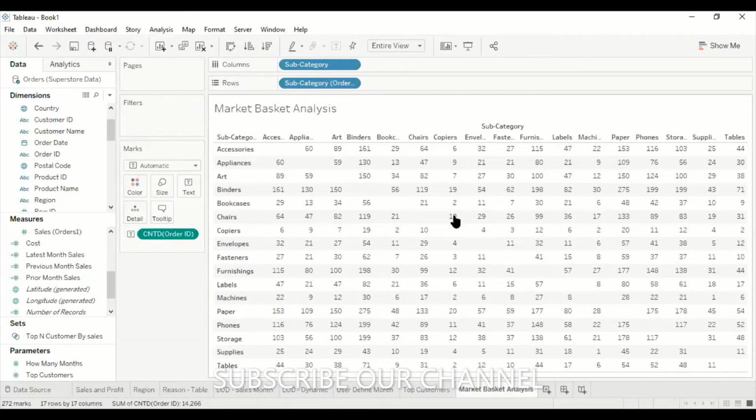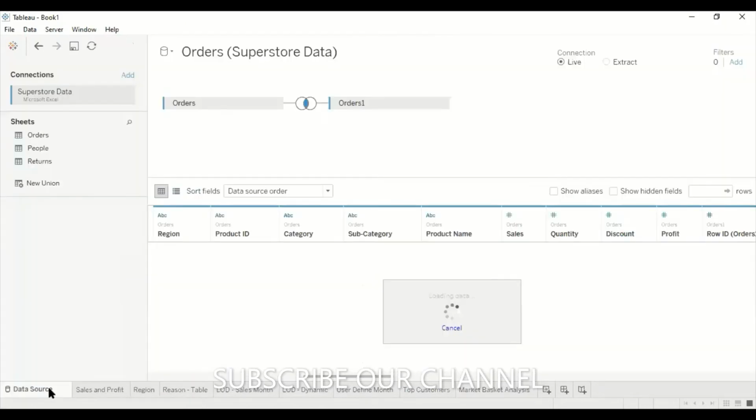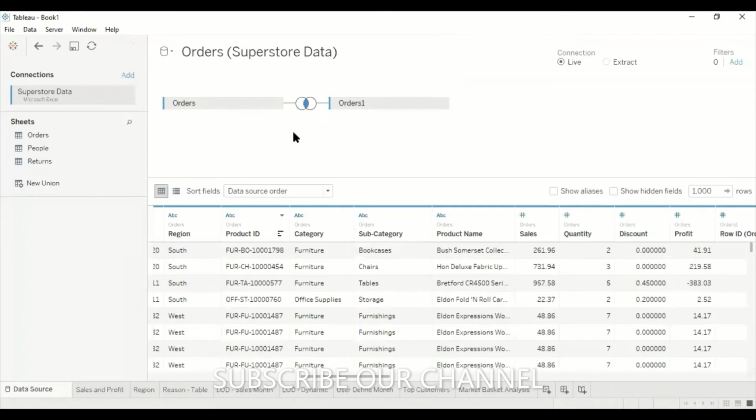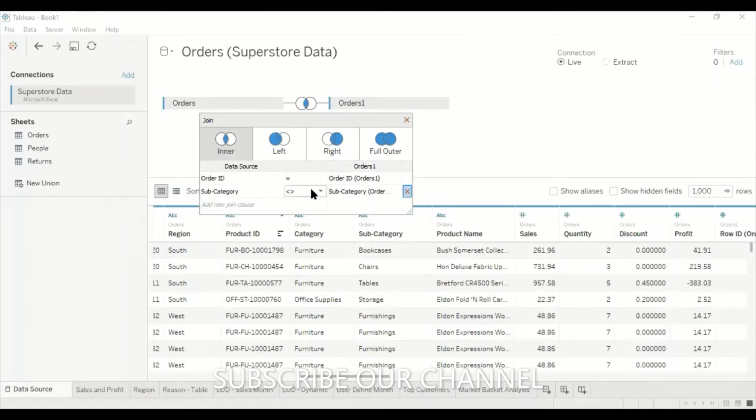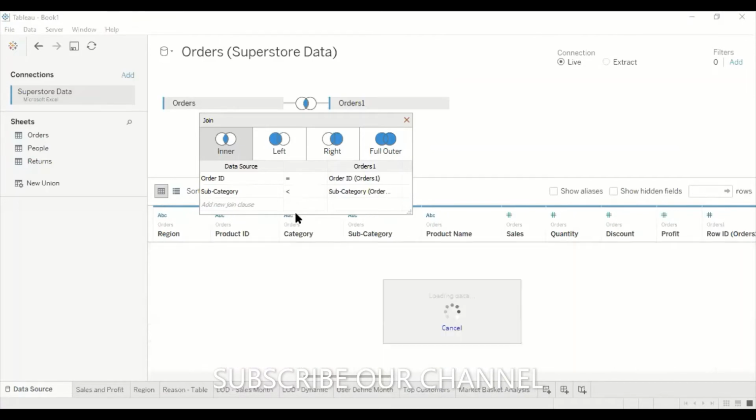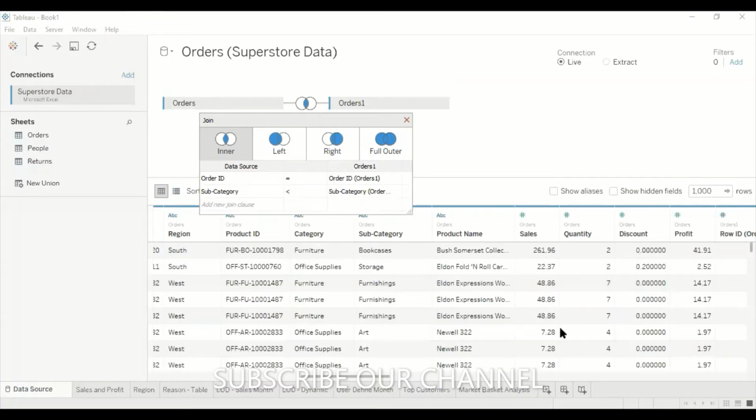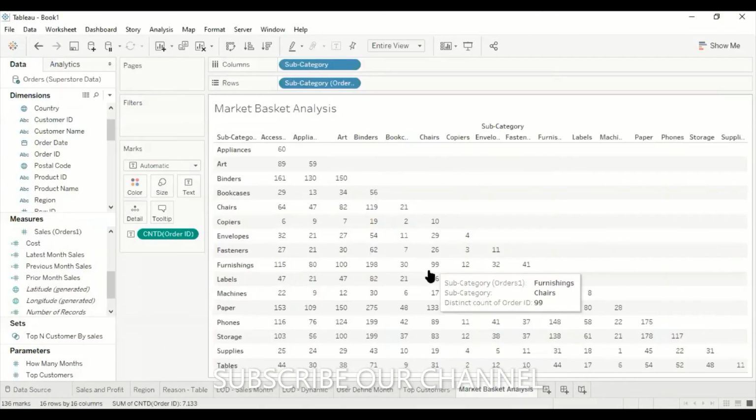So what I will do again, I'll go to data sets. In data sets there is an option here. Hit on this. Have a look. Subcategory, I have mentioned greater than or less than. So I'll make this one less than. The next is go to market basket analysis. Hit on this. Now can you see?